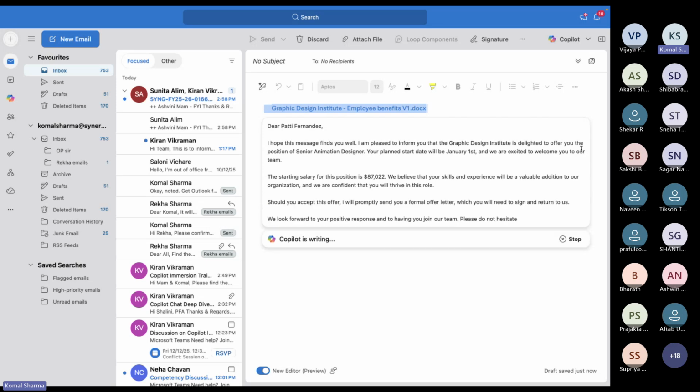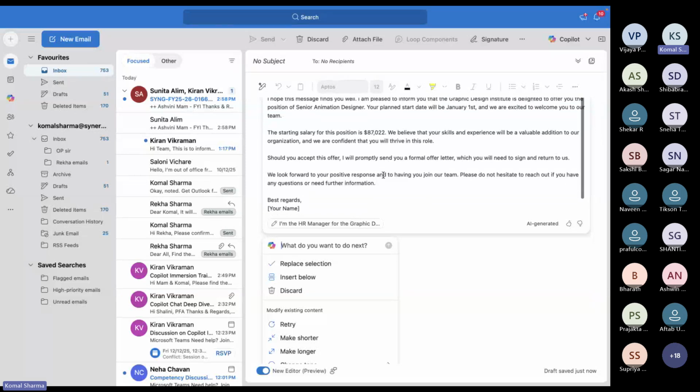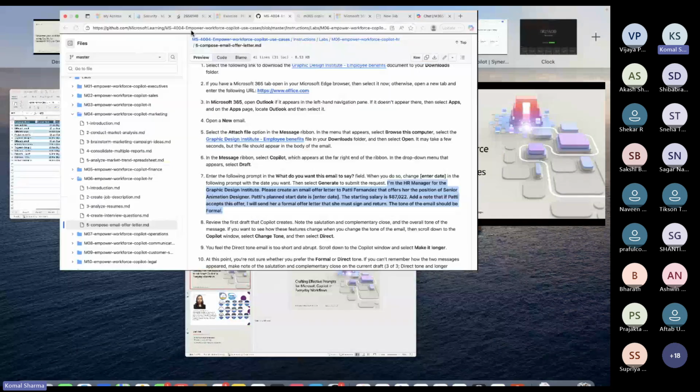Okay, so this is the response I got, and within a few seconds my offer letter is ready. But let's say I forgot to mention my attachment, that it should also refer to employee benefits. If you notice, that is not considered here, right? So now I will try another prompt,